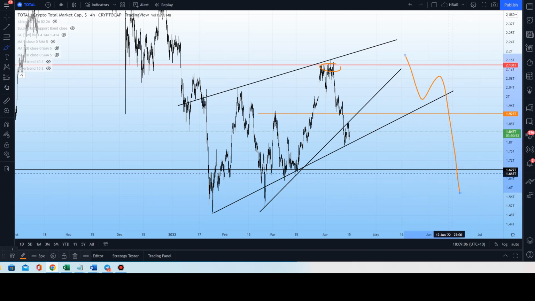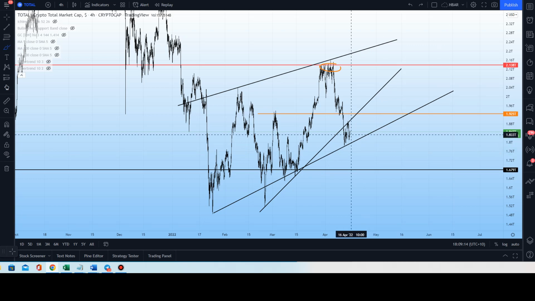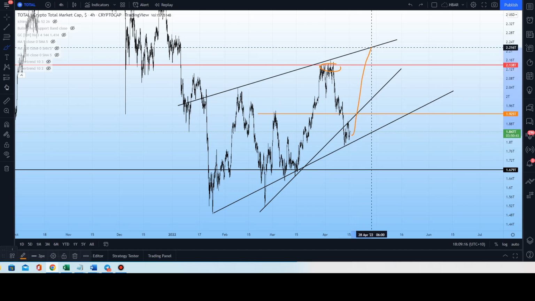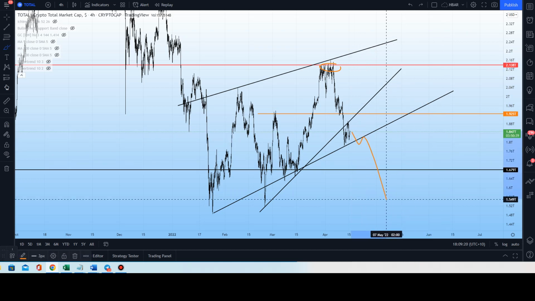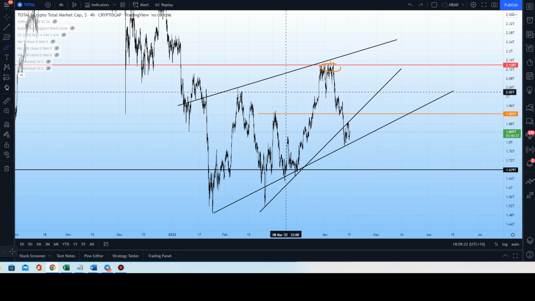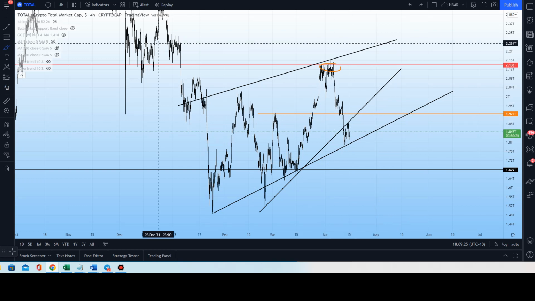So the question is not, are we going to move into an uptrend overall on a macro scale? The question is, when are we going to drop? Are we going to see another push upwards? Are we going to see the total cryptocurrency market cap maybe rise and then fall down? Or are we just going to bleed downwards from here? It's a little bit too soon to tell on the total cryptocurrency market cap, but that is where we're going